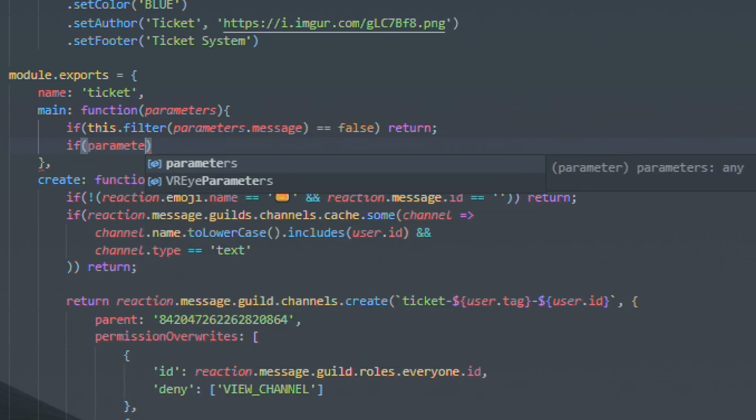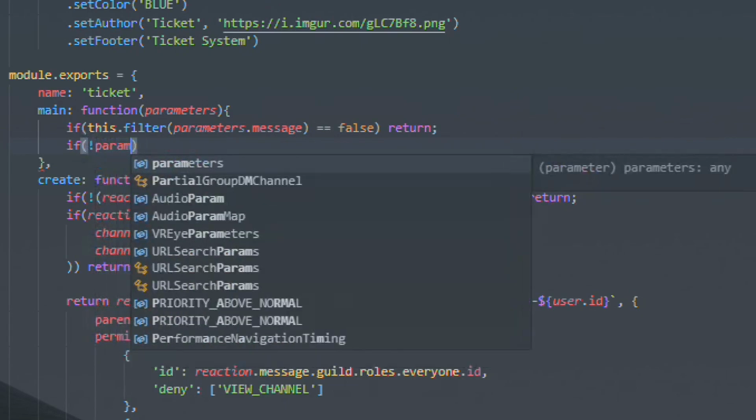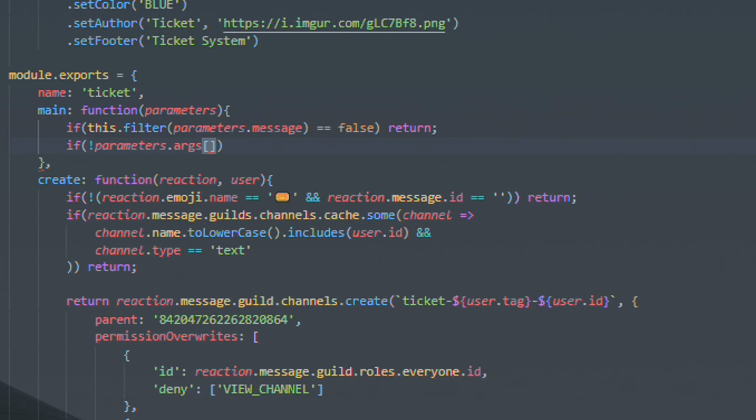We can say if no parameters args, the args is going to be the actual command. So we do ticket, and then arg0 is either delete or close. So if no args,